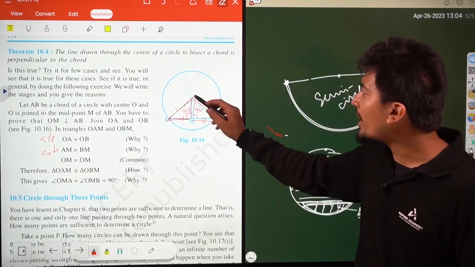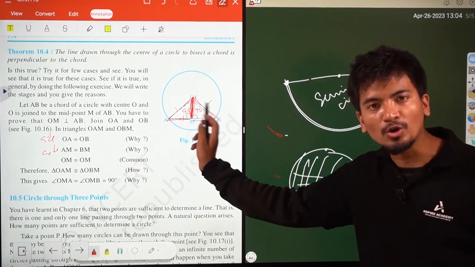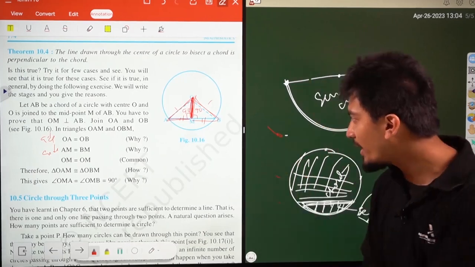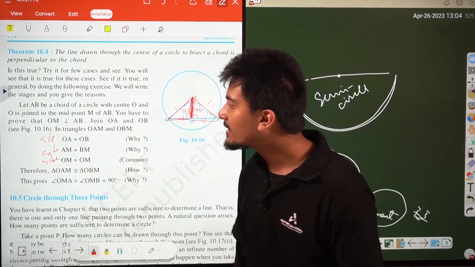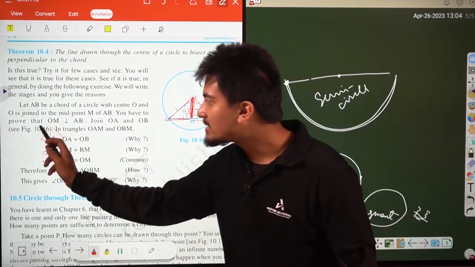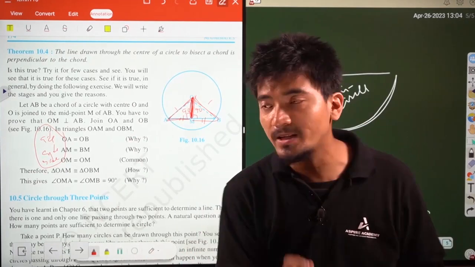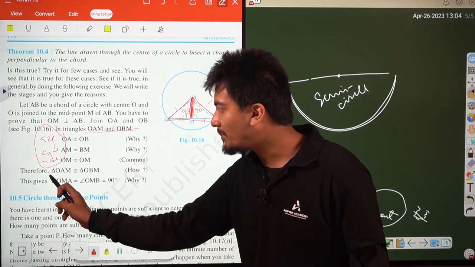So this is also a side criteria. Again, OM, this part, that means this perpendicular is common to both the triangles. So that means this side will always be equal for both the triangles. So this is also common, which means this is also a side criteria. So what do we have now? Side, side, side. That means by the side, side, side congruence criteria, these two triangles OAM and OBM